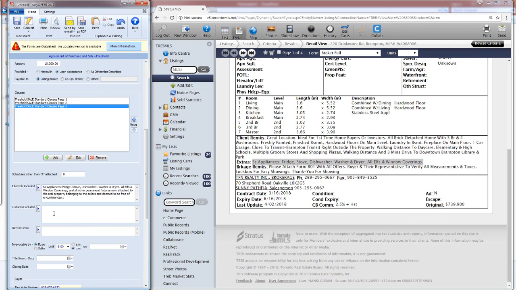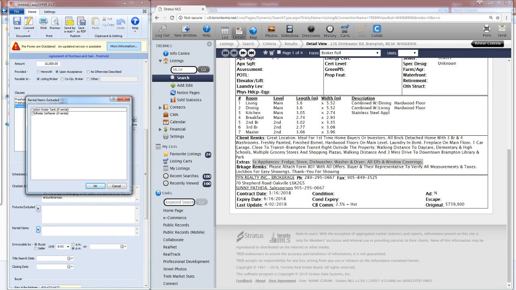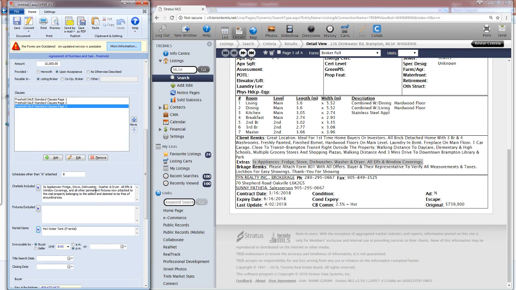Right? And fixtures excluded. If any of the fixtures are excluded, then you can see from there and put it over there. Any rental items, if you know, hot water, water softener, so I'm putting a hot water tank in this case, right? So now irrevocable, right? By buyer,